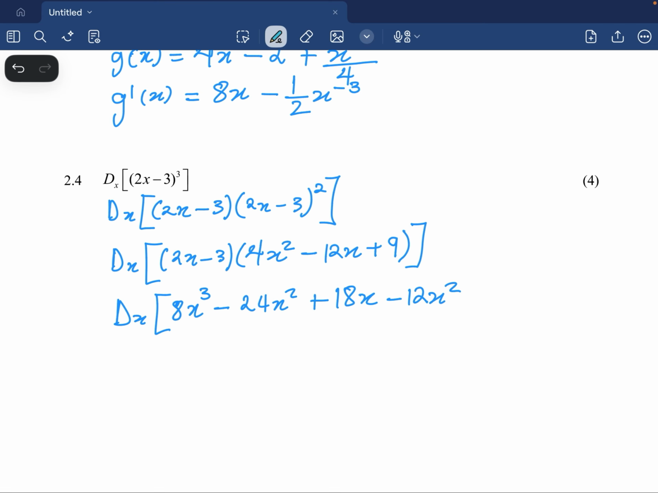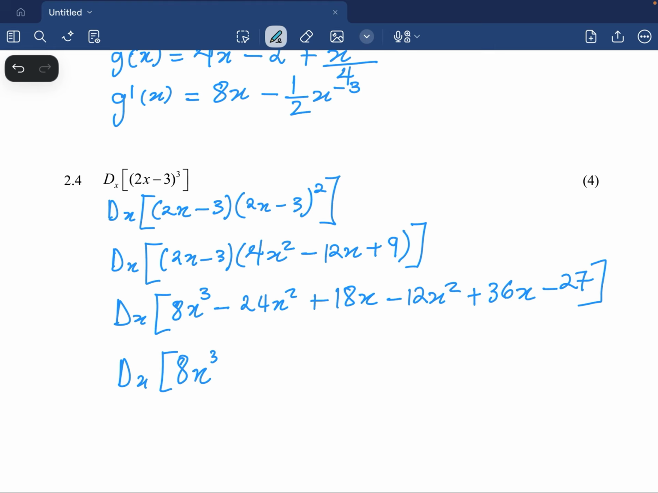Negative 3 times a negative 12x. This is going to be a positive 36x. Then negative 3 times the 9, this is going to be a negative 27. Right, so this is a negative 27 here, but we know that we can further simplify this because we have like terms. So we are going to have 8x to the power of 3 because it doesn't have any like term. But we notice that we have a minus 24x squared and a minus